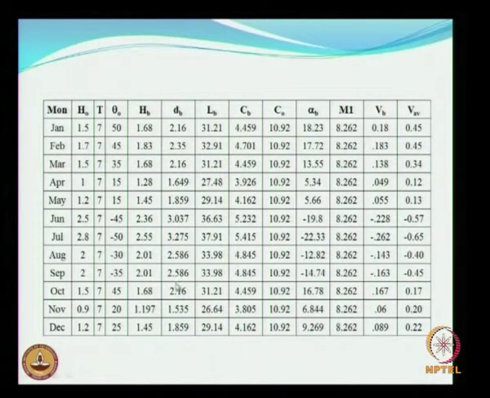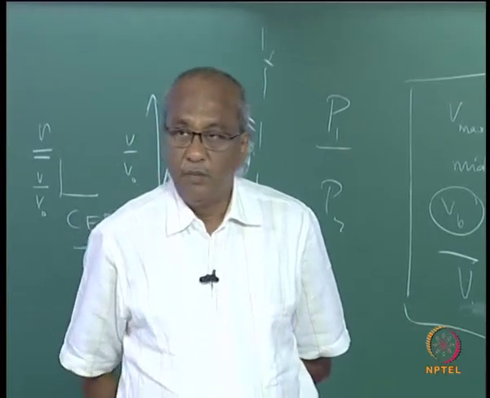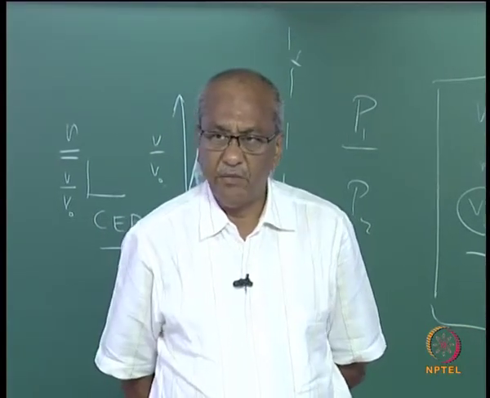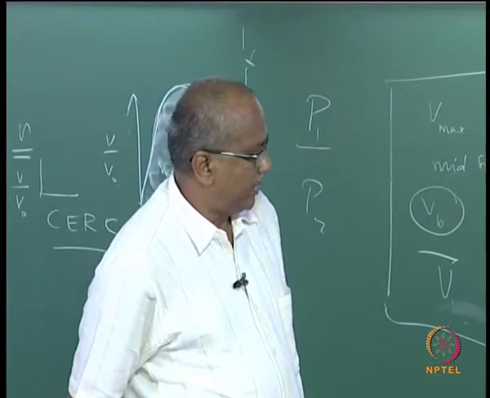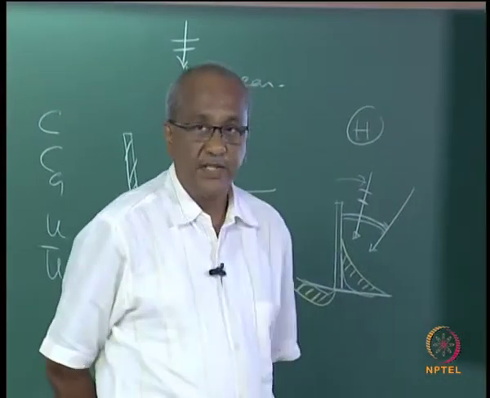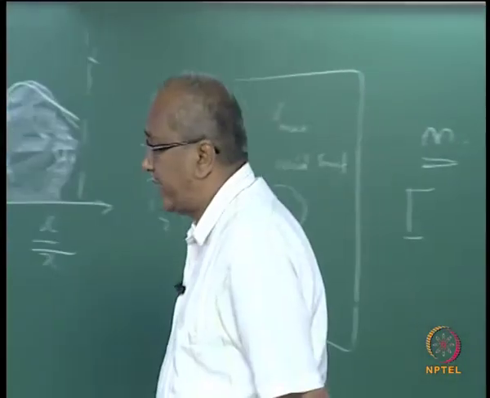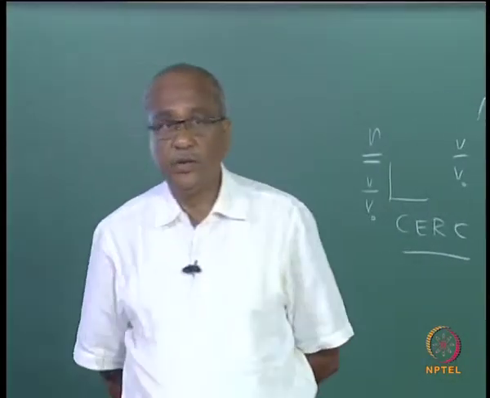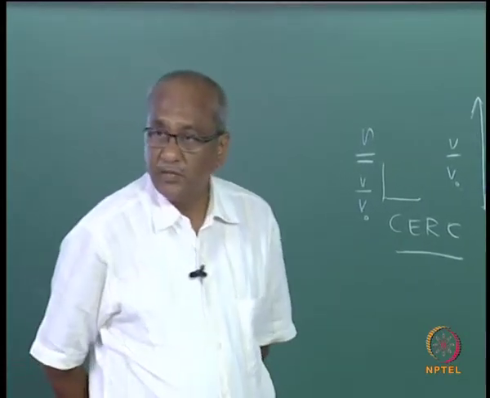This shows the variation of the breaker wave height, this shows the variation of the breaker depth for different months, the breaker wavelength, then breaker celerity, deep water celerity, breaker angle, then M1, which is going to be a constant in this case. In fact M1 can change also, because beach slope cannot always be the same. So we are assuming that it is the same. So we have got that 8.262, and then the variation of both the velocities is given here, which incorporates the direction of the velocity also. Okay, the velocity at the breaker zone as well as the average velocity.